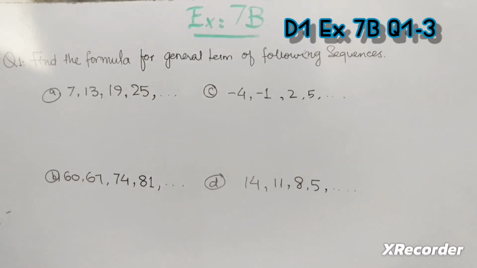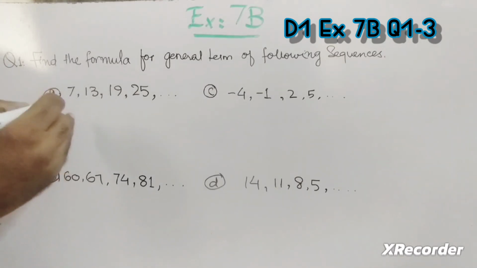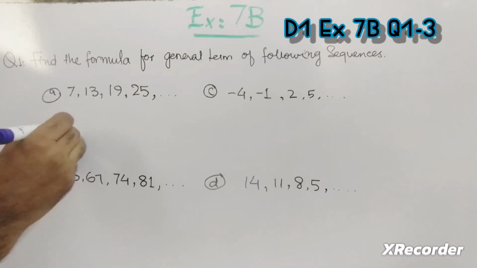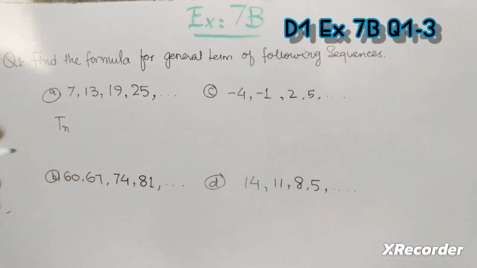So we have to write the formula. If we see closely, 7 is 6 plus 1, 13 is 6 multiplied with 2, 12, 12 plus 1, next is 19, 19 is 6 multiplied with 3 plus 1, and 25 is 6 multiplied with 4 plus 1. So in general we can write the formula as Tn, general term of n. This sequence is equal to